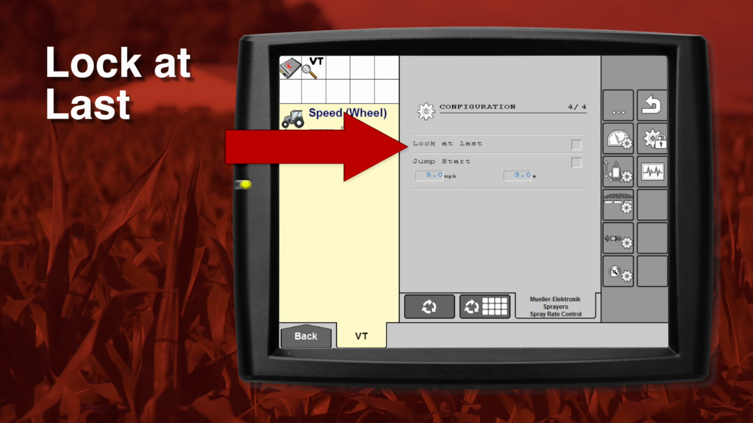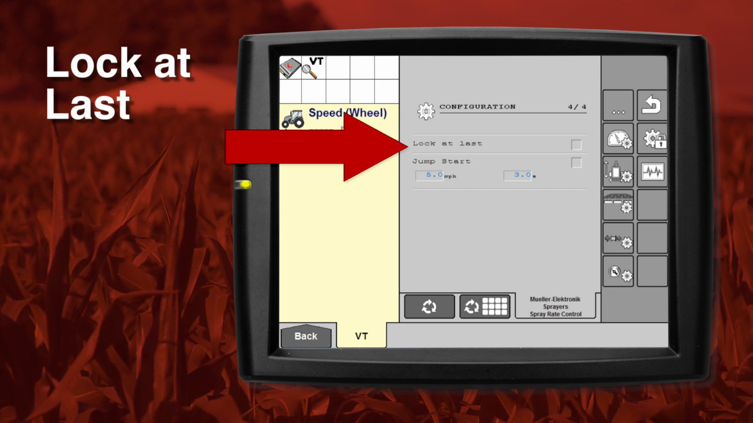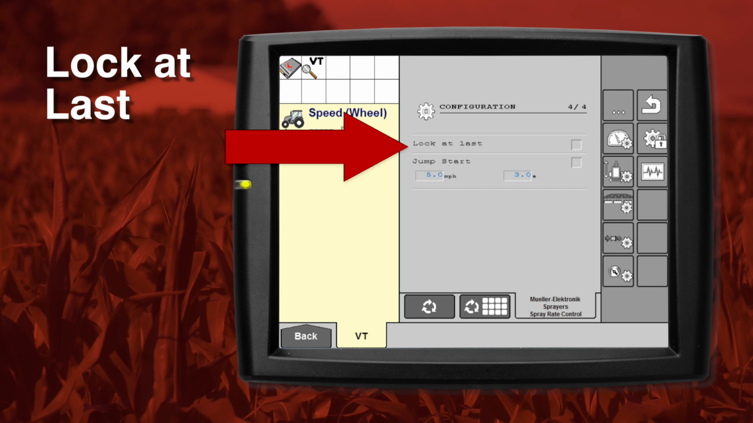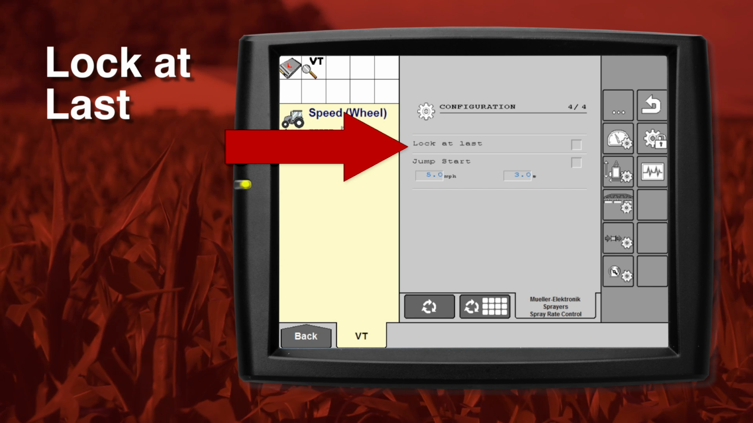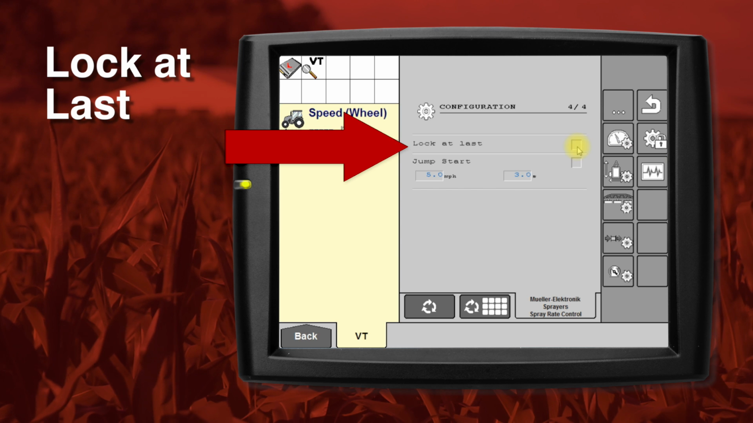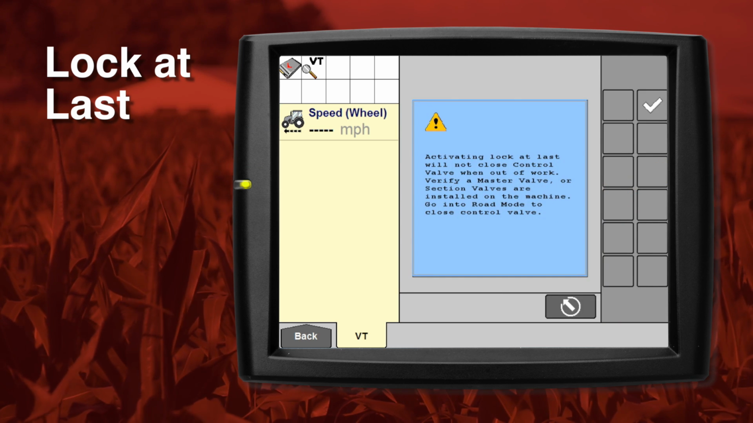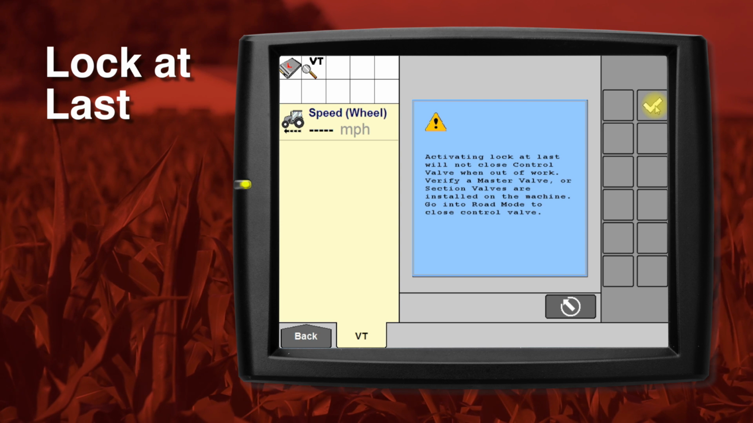On the Configuration 4 screen, the Lock at Last setting should be checked if you want to keep the valve open for servos or keep the pump running for a PWM setup. This allows for a quicker return to the target rate when you start applying again. Lock at Last should only be used when there is a master valve in the system or with spraying systems